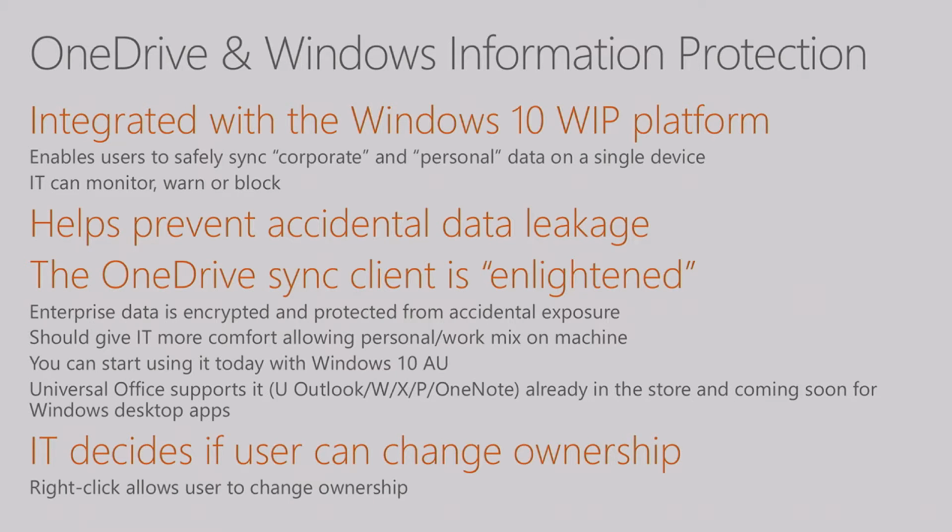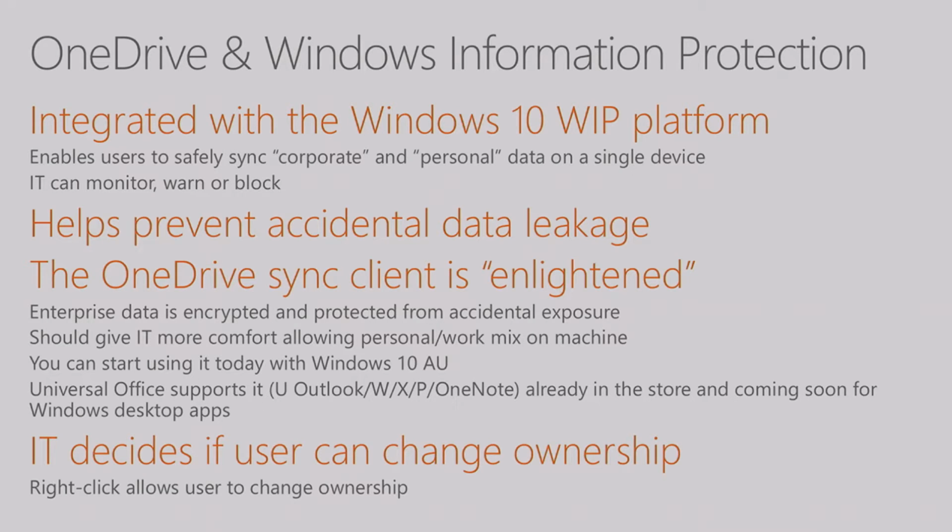So we use the word enlightened, so that just means that we're aware of the capabilities of the Windows 10 platform, and that we're a trusted application. So we behave in a way, and we're well known. And so again, they verify the signature of our app and all the things so that nobody else can impersonate us and try to do things there.